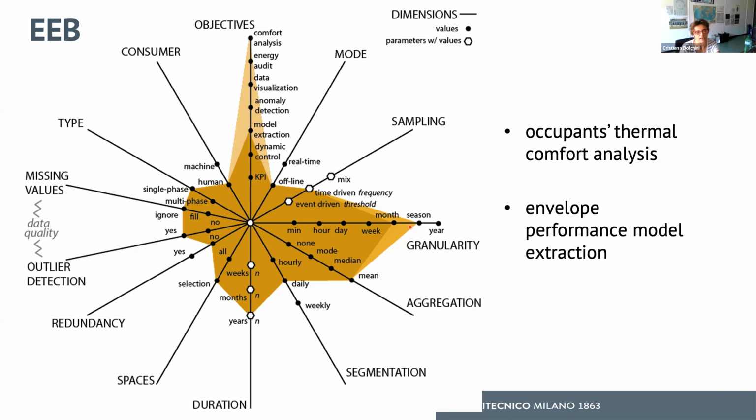Here we see, again, two different goals, the light brown and the dark brown. From a certain point of view, when we think about the comfort analysis, we work on a seasonal scale, while on the model extraction, since we are trying to design how the building behaves from the thermal point of view, it is a month analysis, because based on the different months, we have different external conditions.